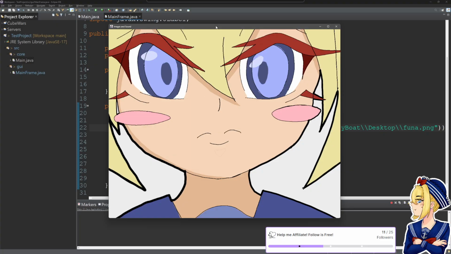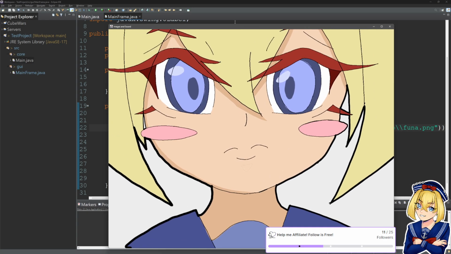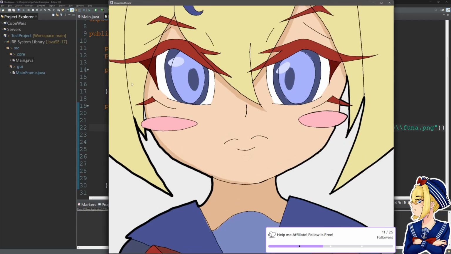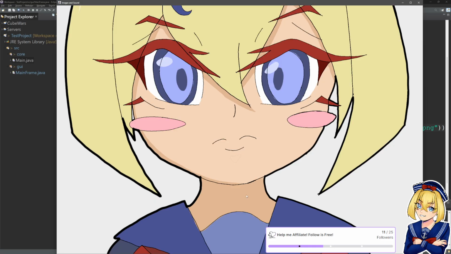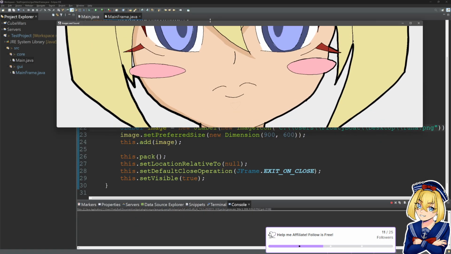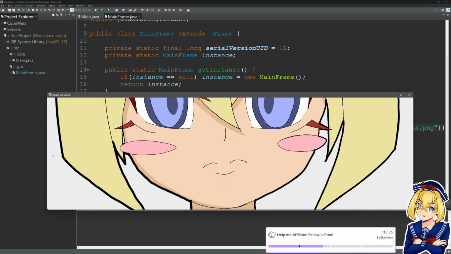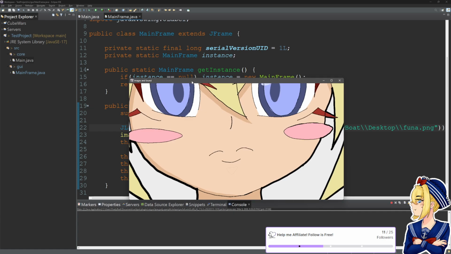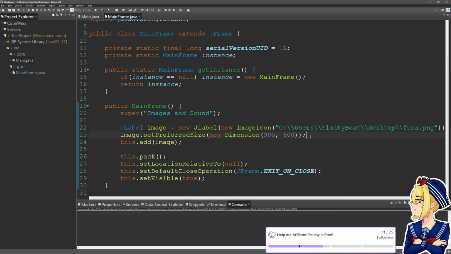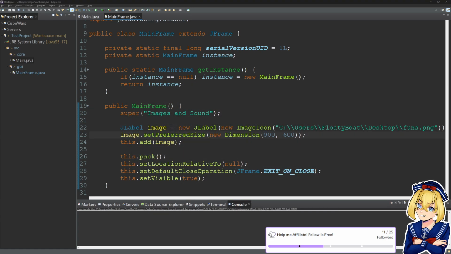So she is just massive, and we can keep adjusting the size of this window to try and show her in all of her glory, but we will never vertically show all of her because she is centered vertically and we do not have enough pixels on our screen to match that height. So, how do we resize an ImageIcon? Let's look at that.